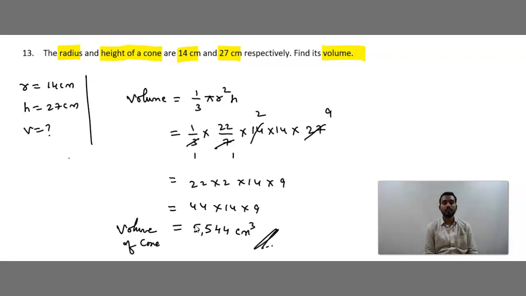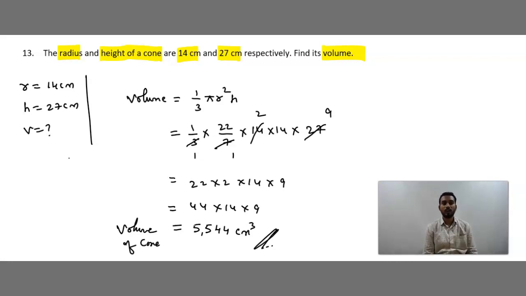So these are the different types of problems which I have done. I am not saying exactly these problems will come, but similarly you will be getting questions. Maybe directly they will give values, you put the formula, substitute the values, and find the answer. Sometimes they may change the values, like melting, recasting, changing the shape from one form to another form. These types of basic problems you are going to get for 2 marks. These are the possible ways through which you can expect questions in your final board exam.